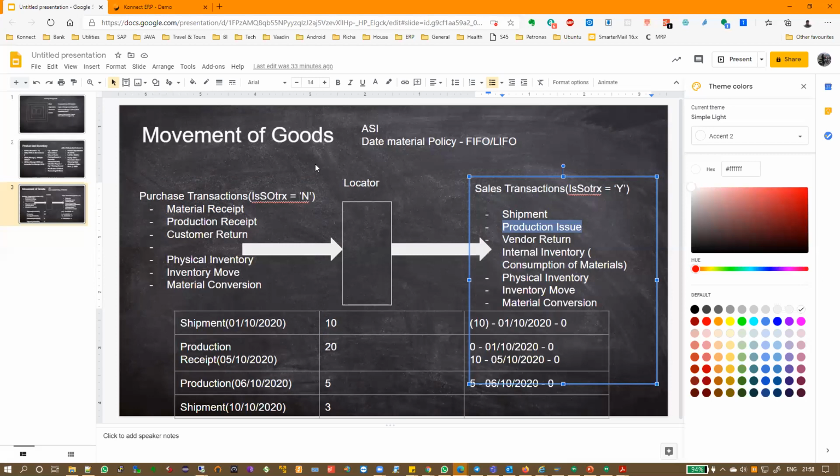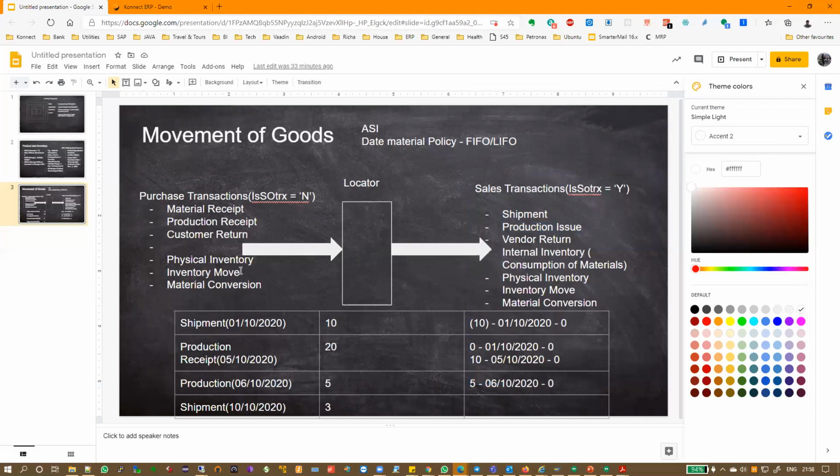So what happens is these transactions are the physical transactions. That means these bring stock into the locator. This takes stock away from the locator. But before creating these documents, you create another document which indicates that you're going to do a receipt later on, which indicates you're going to do shipment later on, right? So those are like reservations. It's like how you book a ticket. You book a ticket in a train, you reserve your ticket, right? But only on that day of the train, you will go and physically board the train.